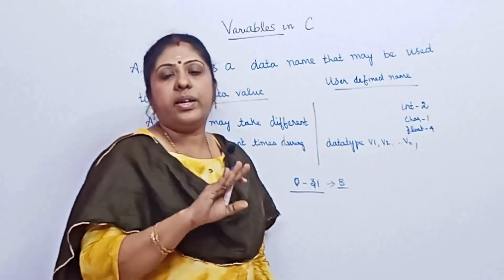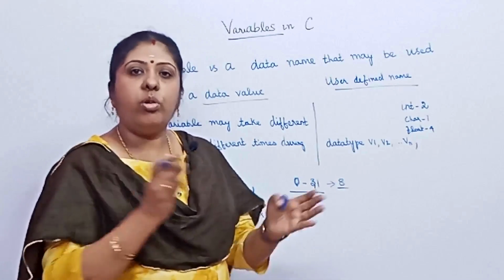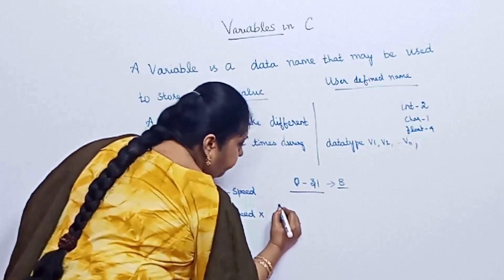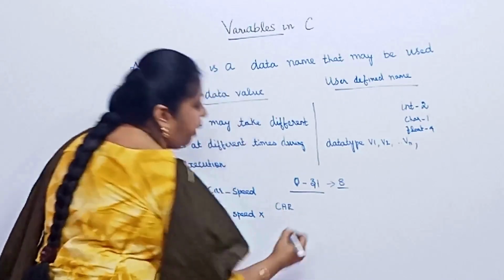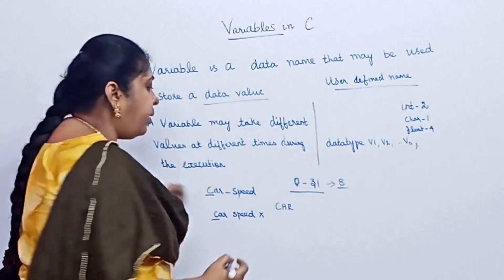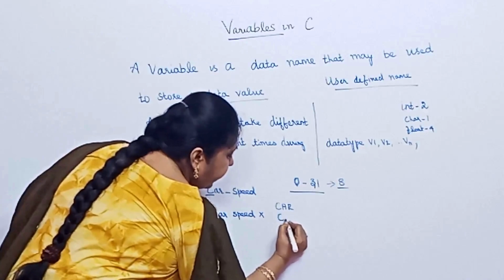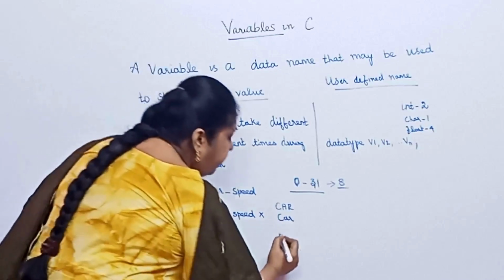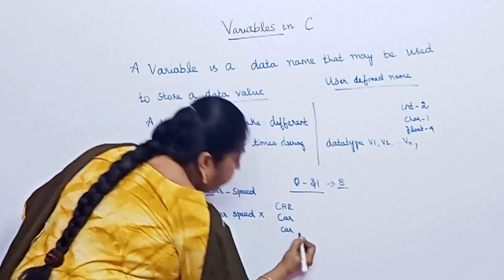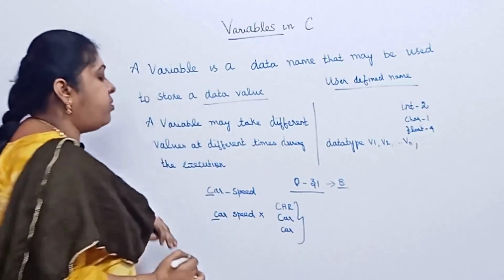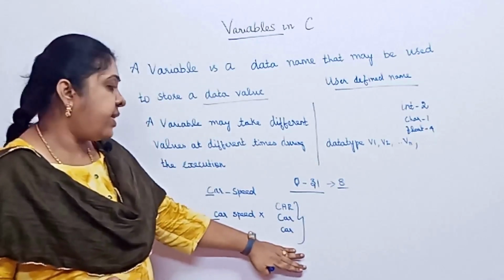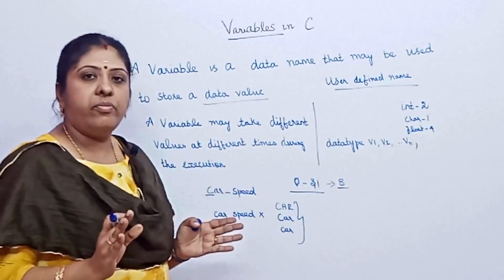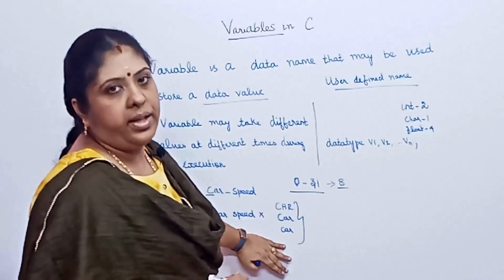And then the lowercase and uppercase variable names are both different. That is significant. Consider CAR in capital letters, it is a different variable name. Then only the first letter capital and the other two small letters is a different variable name. And then everything in small letters, car. These three variable names are different, each with a different meaning. Now, these are all the rules of variables. Hope you are very clear now.